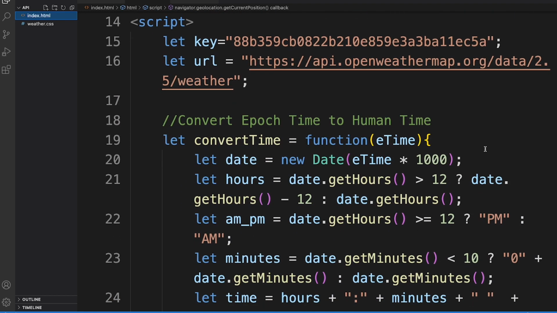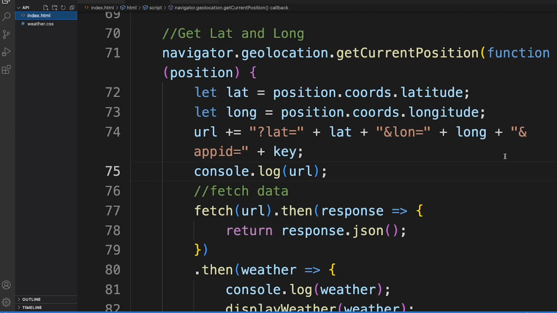That's populated by our script, which first creates the URL on lines 15 and 16. On line 71, it gets the user's geolocation, latitude and longitude, and completes the URL with that information. On line 77, it communicates with the API by sending the whole URL, which includes the actual address for the OpenWeatherMap API, latitude, longitude, and the key.